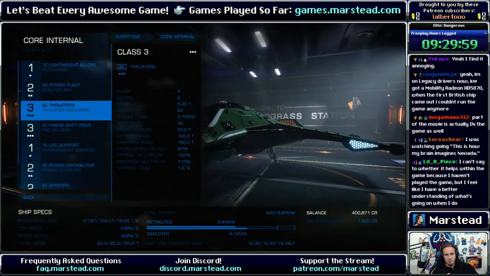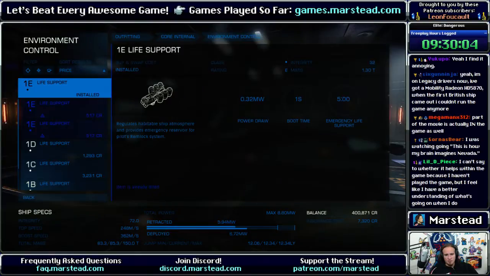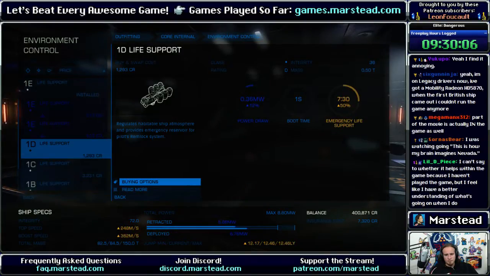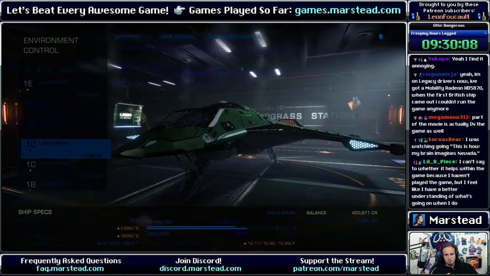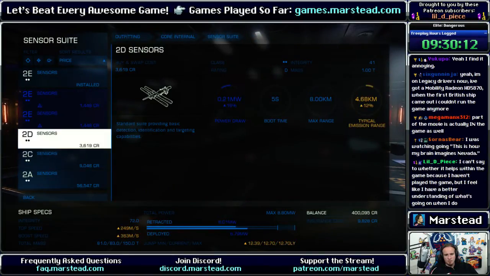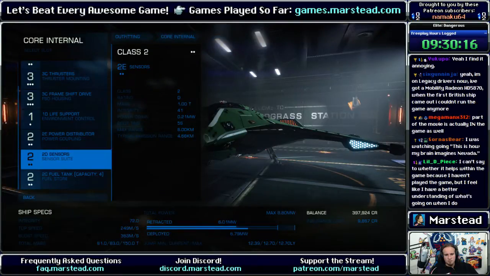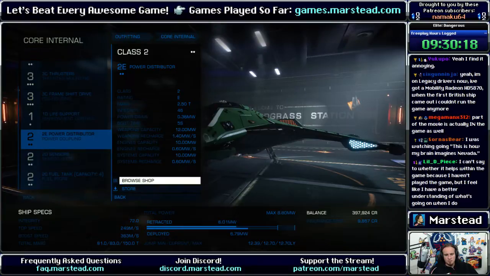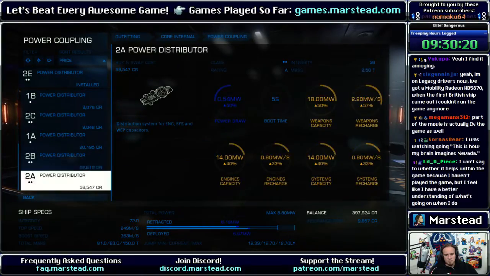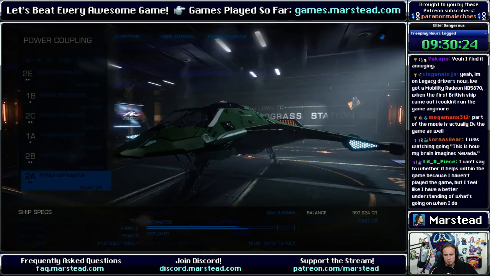Weapons, probably. You should get 1D life support, and 2D sensors to save weight, and a 2A power distributor. Okay. And then that should be all for this screen, unless you have a lot of money left over. I have